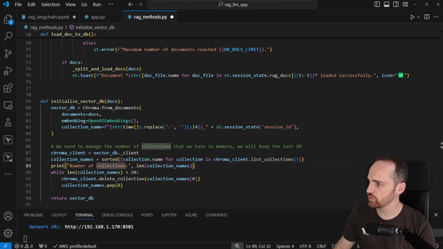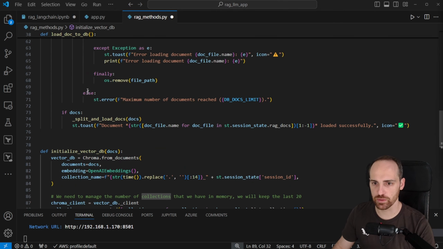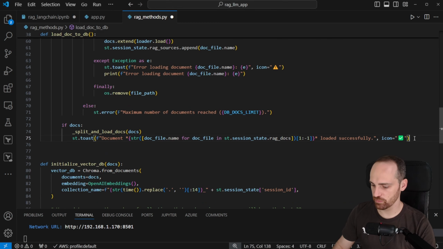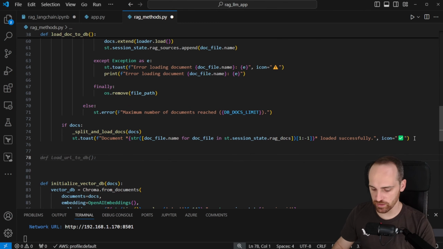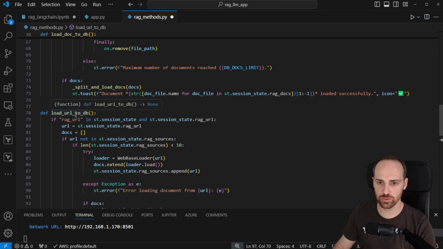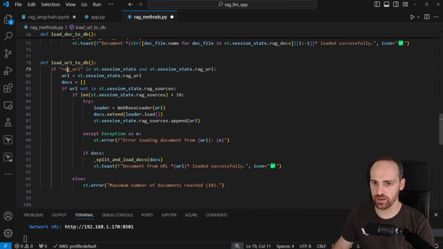What we are missing is to create the load function for the URLs for the websites, as we saw before. So here at the bottom of the normal documents, I will create this load URL to DB, similarly as before, and we'll now create the widget in the website to load URLs as well. Similarly as before, for this URL we are using the web-based loader to extract the text,